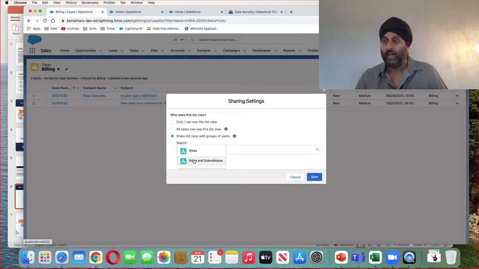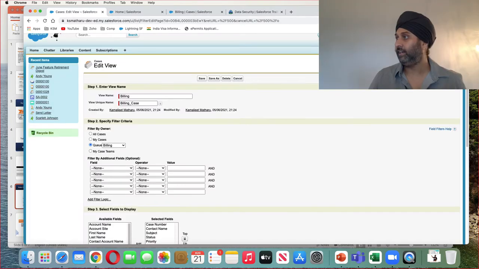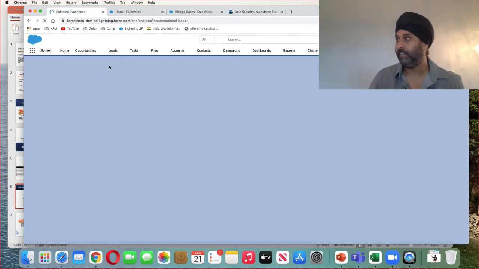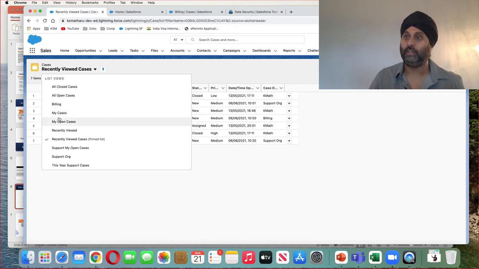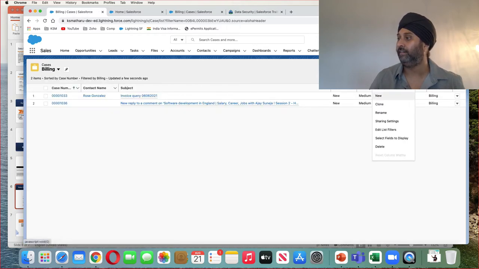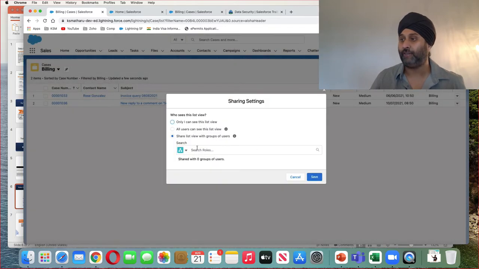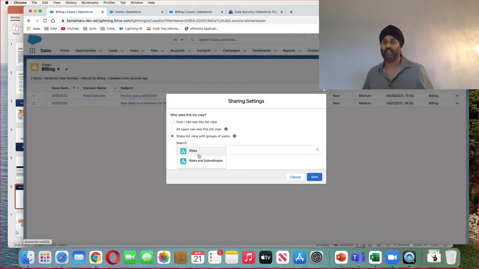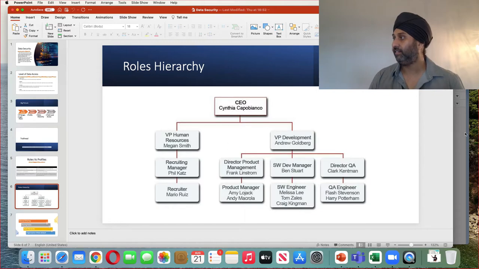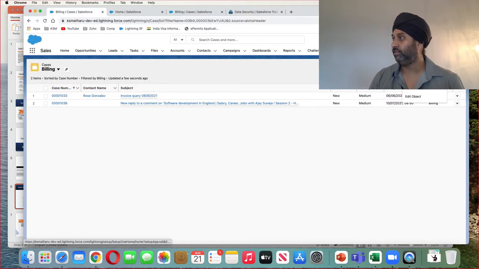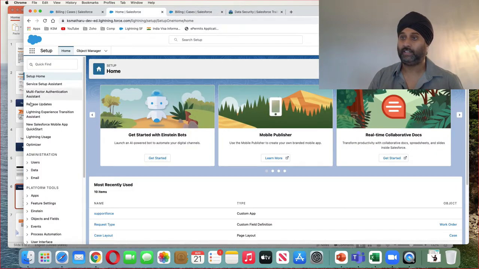Okay, so now how I want to manage this here is, you can see the list views, right? But I want to limit the list views. How can I limit those? The only way to limit those is via roles and subordinates. So this is where I have to define everything, who can see those levels, right? So when we say roles and subordinates, it's talking about that level of hierarchy, and we define this hierarchy in this level. So when I go to the roles, where is the settings, and I go to roles and here,